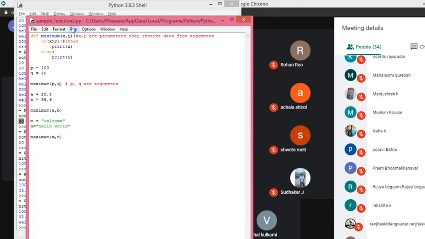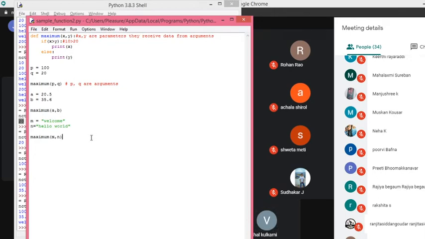Here I'm just showing you the easiest method we have in Python to write functions. Look here now: one simple function is working for all the types, integers, floating point numbers, and string type.